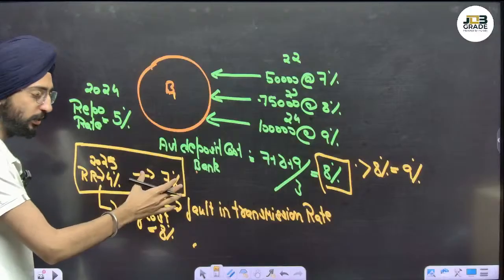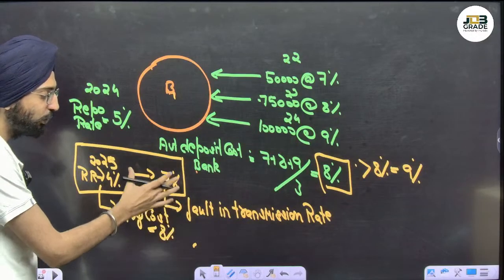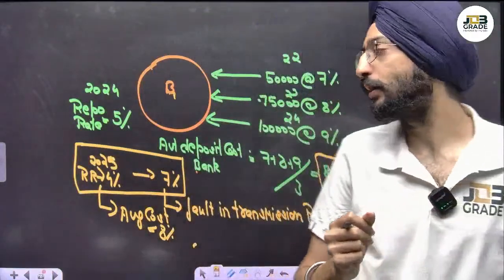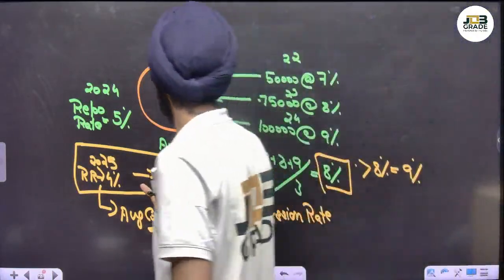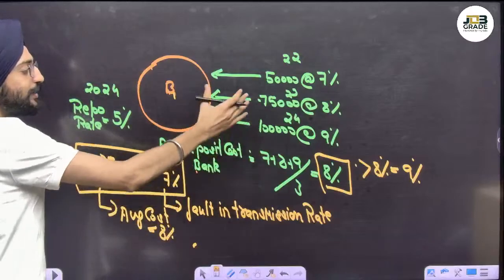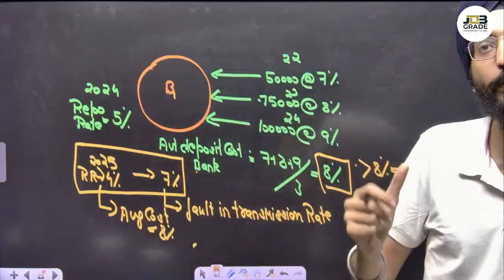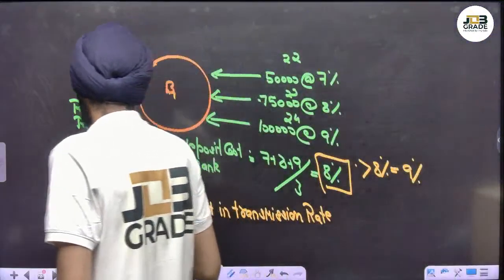Would it lend at 7% if the average cost is still 8%? No, it would be a complete business failure. So that's the reason the transmission is not happening: the average deposit cost is still the same. But to improve on this method, we have come up with